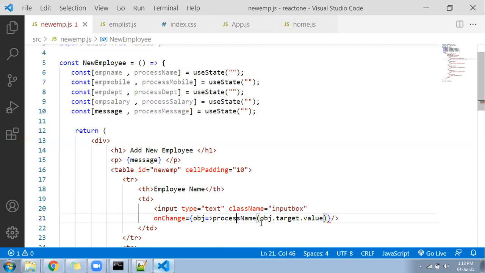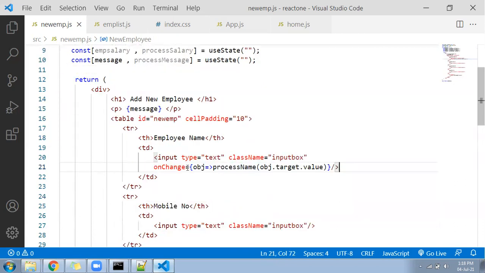The object is pointing to the current element, and when the user starts typing anything, with the help of this object, character by character, you will pick the value and pass it to this function. Once you pass the value to process name, it will assign it to EMP name. Okay, now come back below.